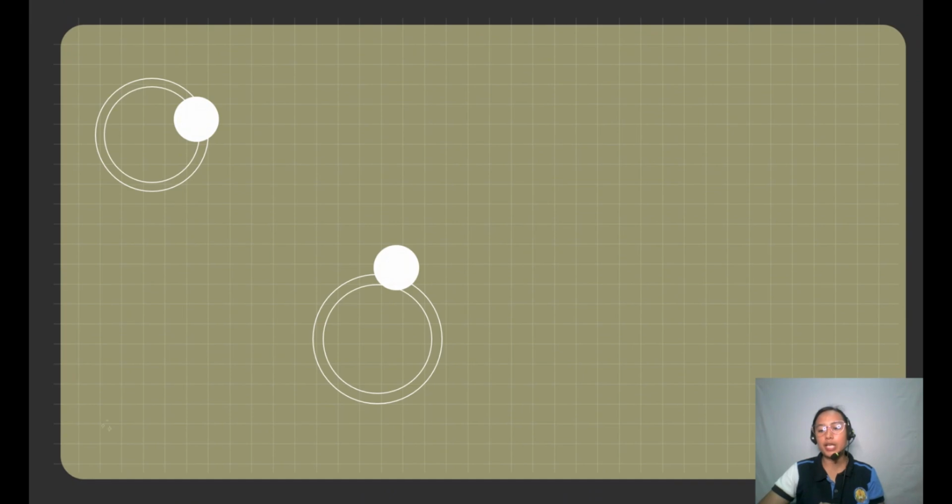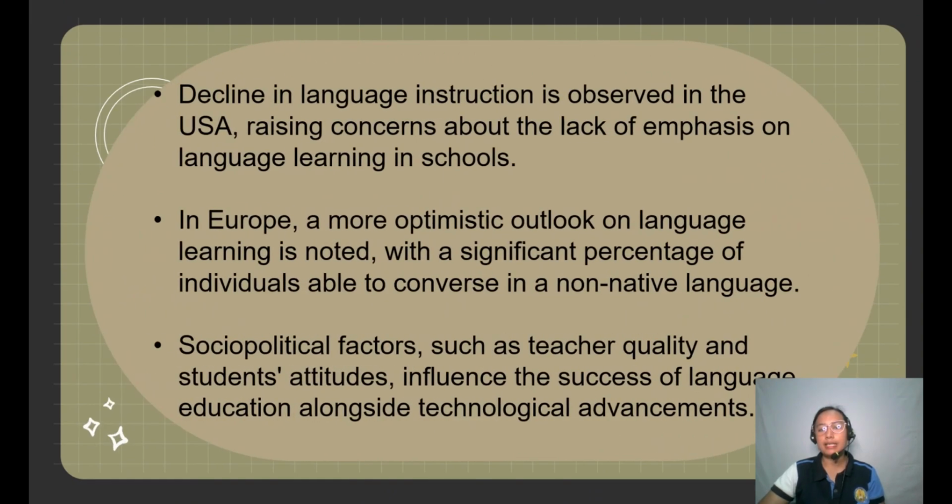So, another implication is that there would be a decline in language instruction, as observed in the USA, raising concerns about the lack of emphasis on language learning in schools. In Europe, a more optimistic outlook on language learning is noted, with a significant percentage of individuals able to converse in a non-native language. Socio-political factors such as teacher quality and students' attitudes influence the success of language education, alongside